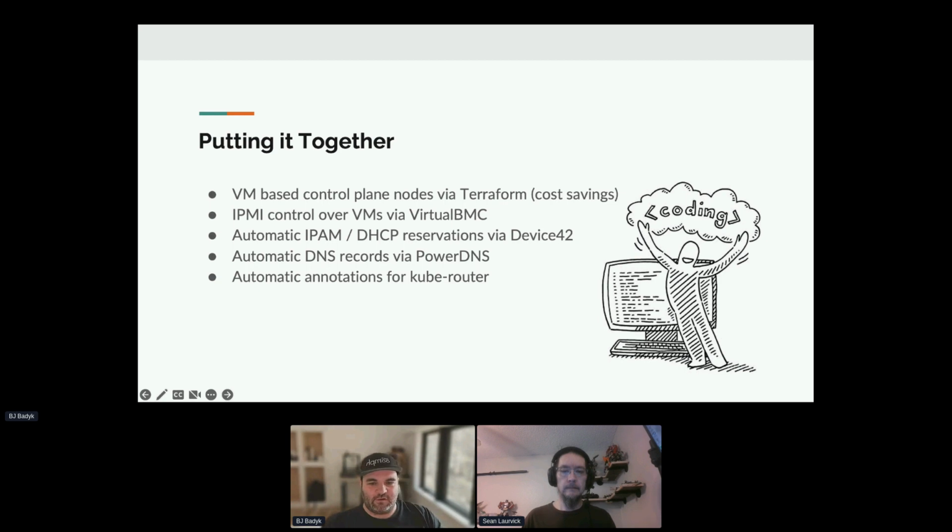The same thing would happen with VMs using virtual BMC. It would literally power the VMs off as well, just like it would bare metal. You provide a username and password. At this point, it was Docker Compose running virtual BMC, and we had virtual IPs mapped to specific ports in virtual BMC, and that would be the IPMI address. That would be the BMC.